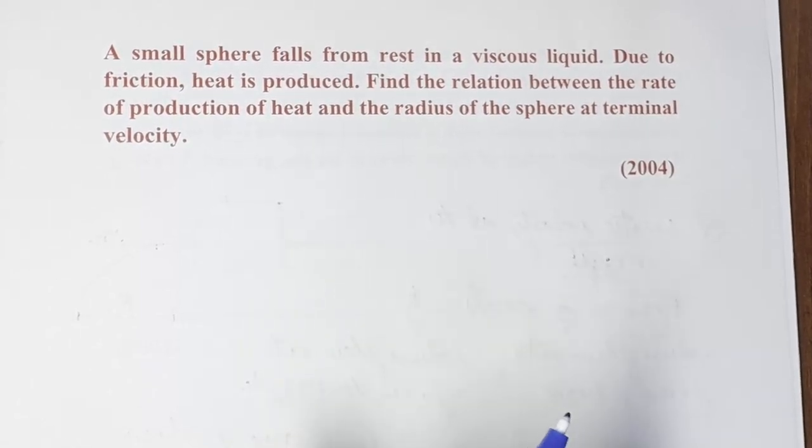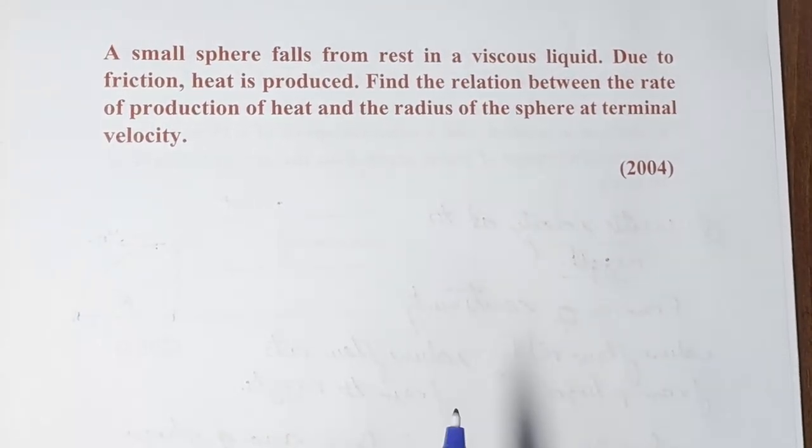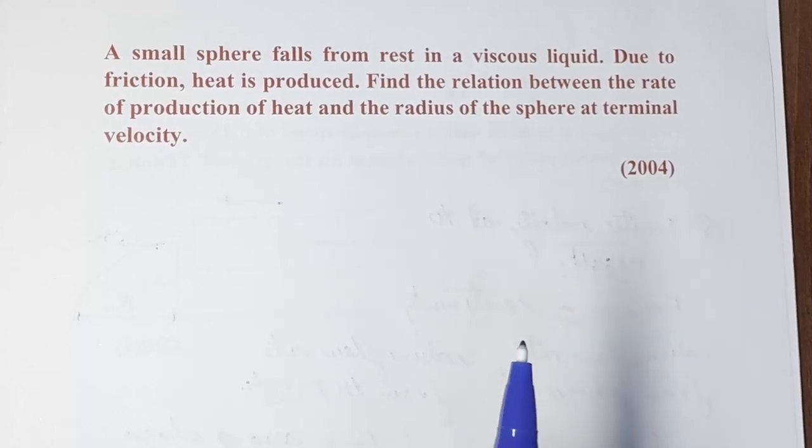So, it is given that there is a sphere which is falling through the viscous liquid, and there is friction between the sphere and the viscous liquid, and that is going to produce the heat. So we have to find out the relationship between the radius of sphere, which we suppose is given as small r, and the production of heat. So in this case, we have to remember that